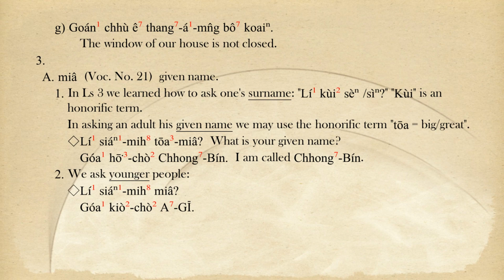第3，大字 A，名。Given name. The first point. In lesson 3, we learned how to ask one's surname. 你幾歲？幾 is an honorific term. In asking an adult his given name, we may use the honorific term 大, equals big or great. 你什麼大名？我號做聰明。The second point. We ask younger people. 你什麼名？我叫做阿義。